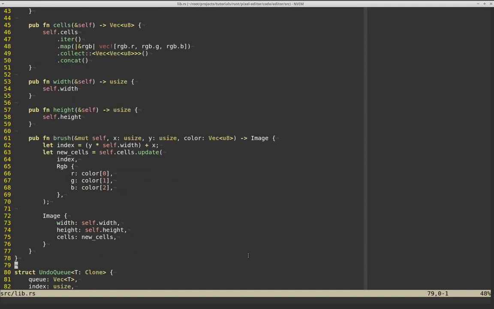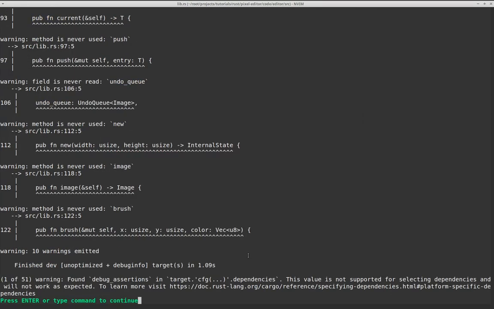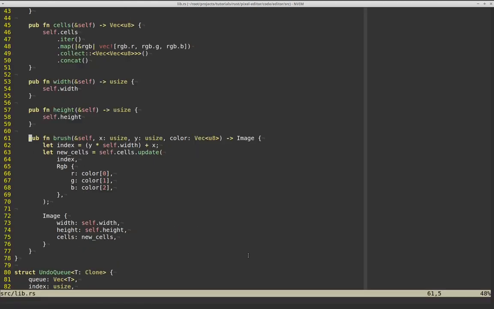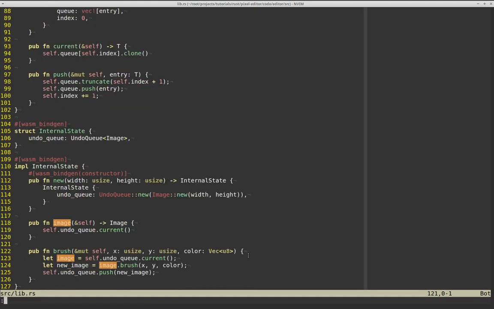Okay, so we've still got a hangover from here. This is still saying that brush requires a mutable self, which it doesn't anymore because it's returning a completely new image. And it seems very uncomfortable, there's a lot of things that it's complaining are not used, but hopefully we're going to see this work all the same. So